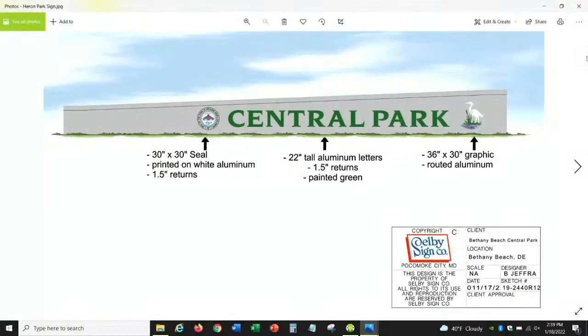So when we first asked for the heron, they gave us this version. I think it would be appropriate in a zoo. I'm not sure if it's what we want here, but it's a little bit of a different look. We could do, again, the heron in white, a different base, and the green grass that matches the font lettering.